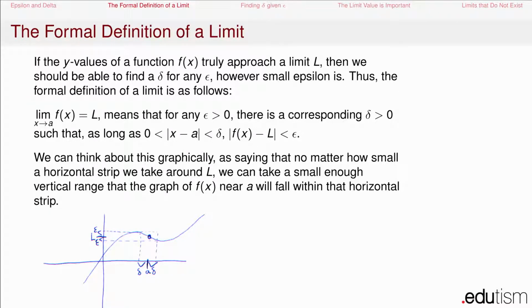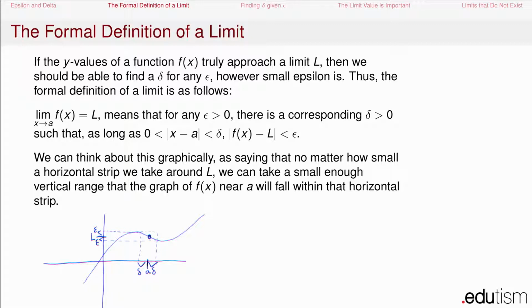The formal definition of a limit makes it really clear what is necessary for the y values of a function to truly approach a limit L. For this to happen, there has to be a delta for every single epsilon, no matter how small epsilon is. The idea is no matter how close you want your y values to be to L, there always needs to be a range of x values which are close to A, which will yield y values that are close enough